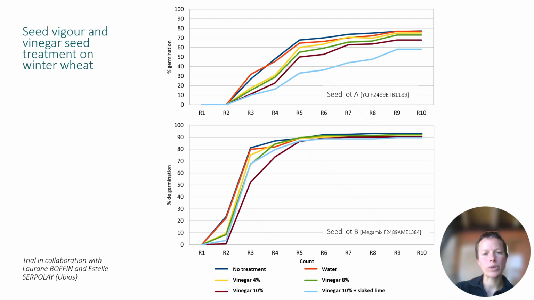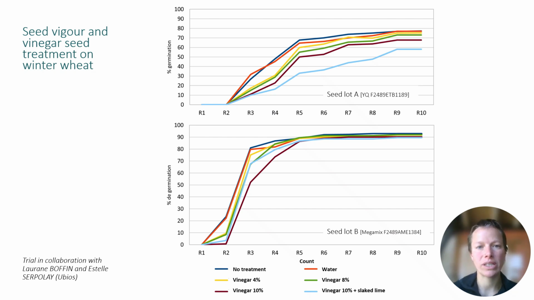What I want to show you here is that some seed lots are more resilient to the seed treatment than others. In the graphs, you can see the germination curves of two seed lots according to seed treatment. Seed lot A on the top had much lower vigor. You can see that even the non-treated sample in dark blue sprouted only slowly and had a maximum germination rate